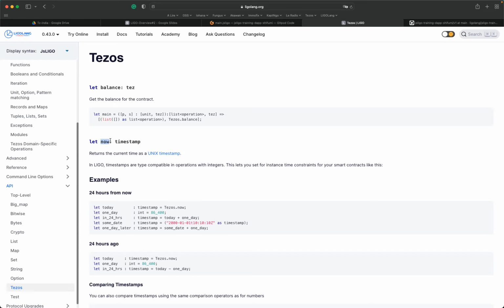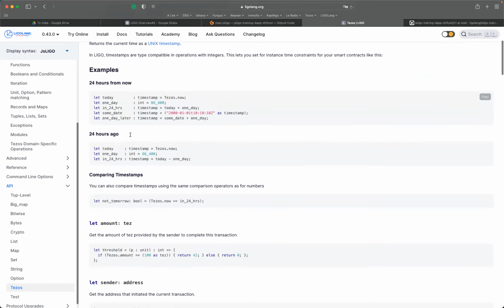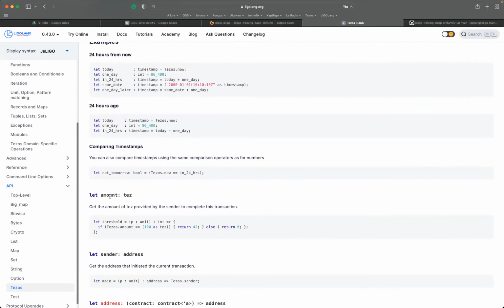You can retrieve the timestamp, the current time, which is provided by the VM. You can compare, of course, the timestamp. You can have the number of days which has been set up when you execute the transaction. If you remember, you have the third parameter in the contract, which is the number of days you decide to give once you execute your transaction. So this one lets you retrieve this value.